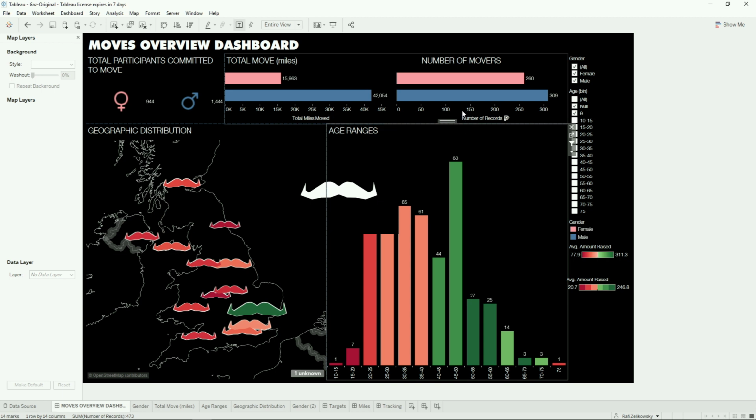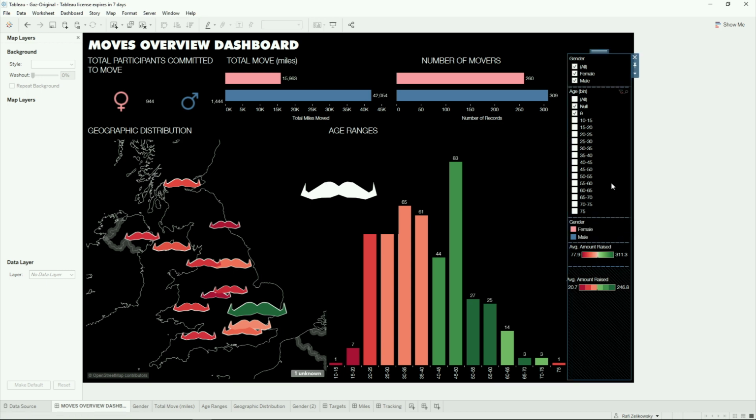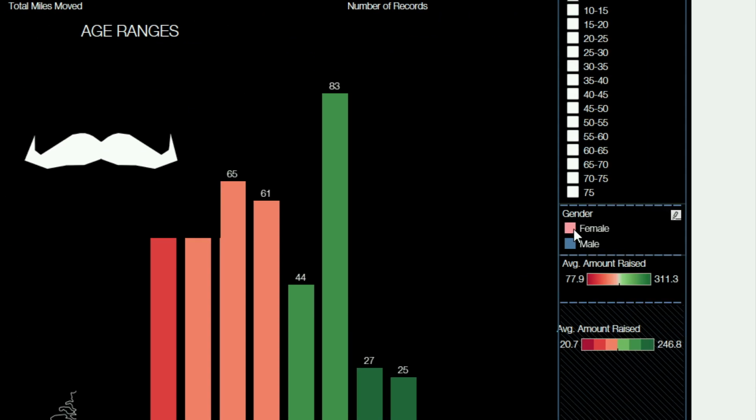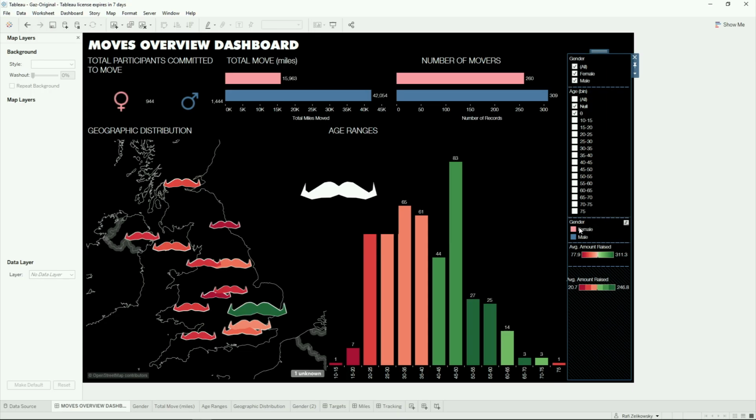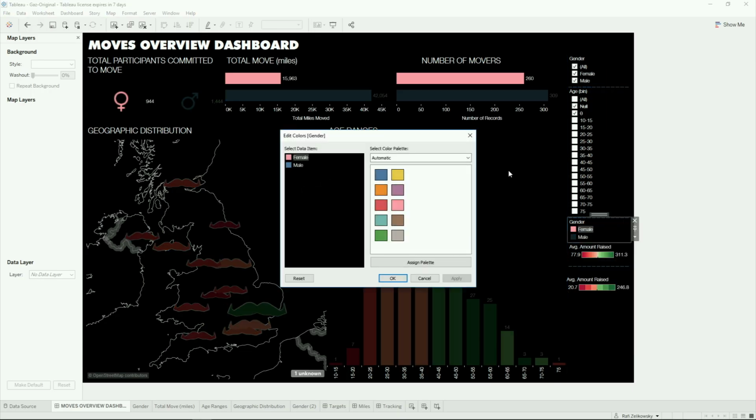Okay. So the last thing I want to do is just clean up some of the individual worksheets on the final dashboard. And this is the reason that I save a lot of this to the end, because if you're like me, you might not like a lot of clutter, like our different legends and our filters, but I keep these on until the end because then I can use them to format my worksheets from my dashboard. So for example, here I have the color legend for gender, and if I want to change that, I don't have to go to the worksheet. I can just use that color legend on the dashboard to change my view.